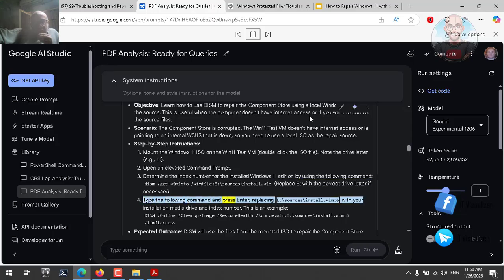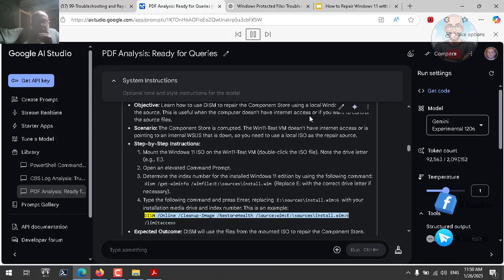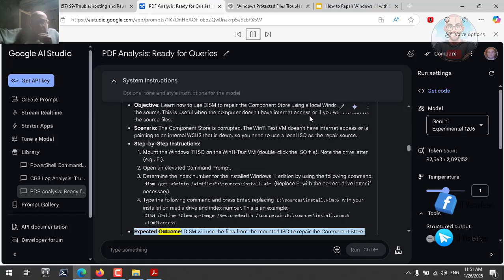Type the following command and press Enter, replacing E and 6 with your installation media drive and index number. This is an example: DISM /online /cleanup-image /restorehealth /source:wim:E:\sources\install.wim:6 /limitaccess. Expected outcome: